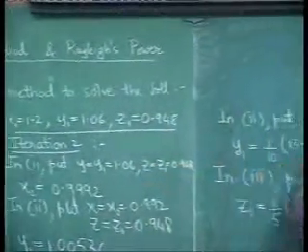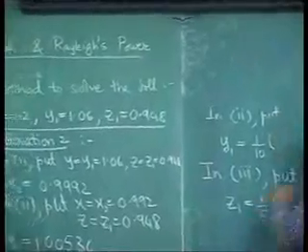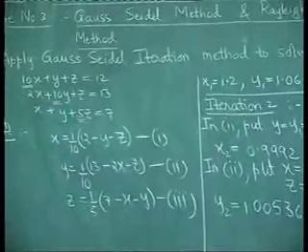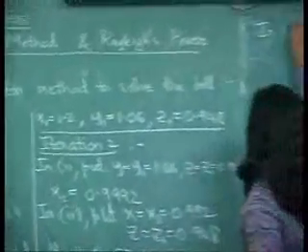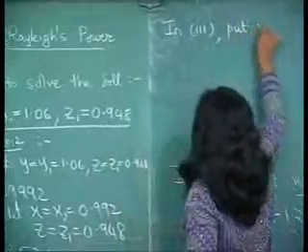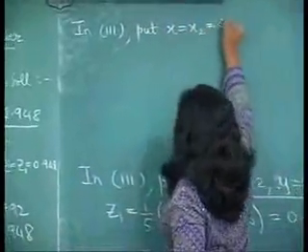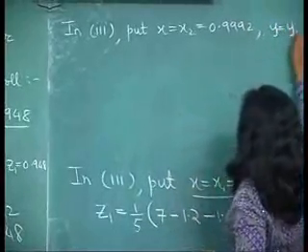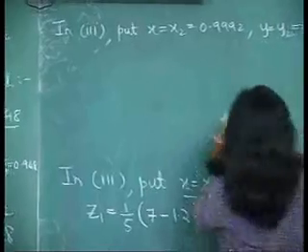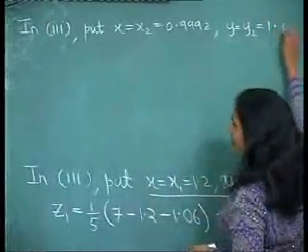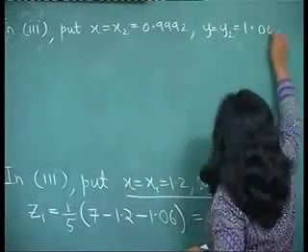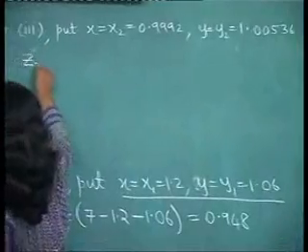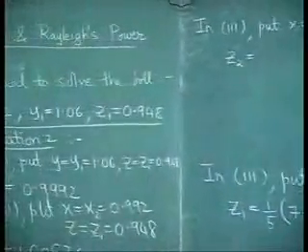In equation 3, look at the unknowns on the right hand side. The unknowns on the right hand side are x and y, and the latest available values of x and y are x2 and y2. So in equation 3, put x equal to x2, which is 0.9992, and y equal to y2, which is 1.00536. So if we make the substitution in equation 3, we get z2